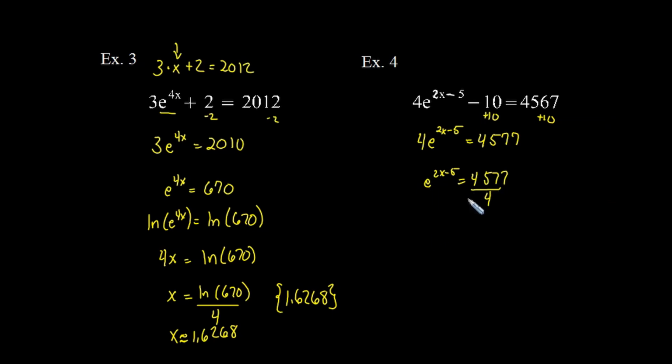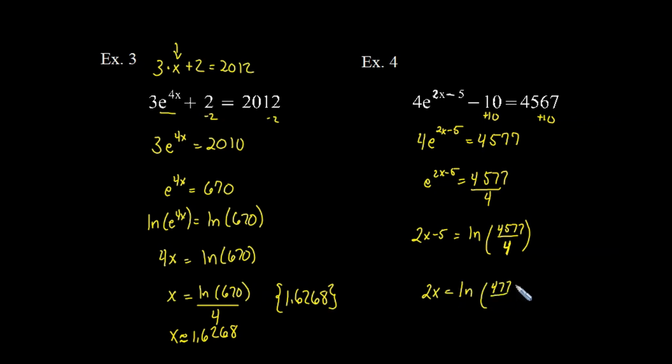So now we'll go ahead and take the natural log of both sides. We'll get 2x minus 5. As we take the natural log of this side, we know it cancels the e, and we're just left with the exponent. And then we have the natural log of 4,577 over 4. That's just going to be a decimal value. We'll worry about that in a minute when we put it in the calculator. Then we're going to take that value, add 5, and divide by 2 in our last steps. You can do all of that in the calculator, or some problems may ask you to show